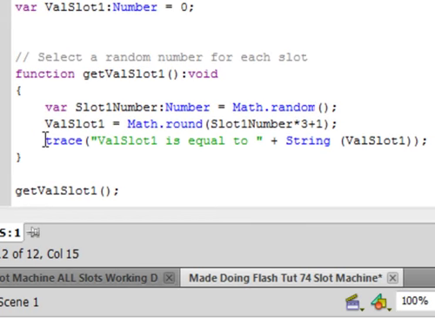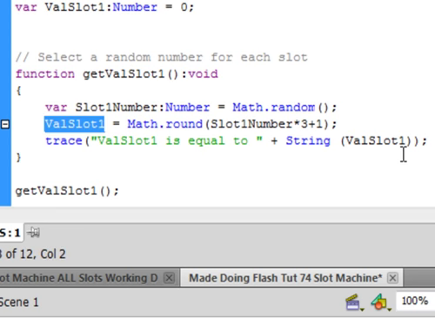Then just to make sure it's working, I'm doing a trace, T-R-A-C-E, that turns blue, open bracket, in quotations, val slot 1, that's just naming it, it's green, is equal to, close quotations, so that'll be traced just as you see it without the quotations, plus, capital S-T-R-I-N-G, this turns blue. What this tells me is whatever's in this slot here, tail on to the end of this when you trace it. So open bracket, val slot 1, you can copy this and paste it, close bracket,